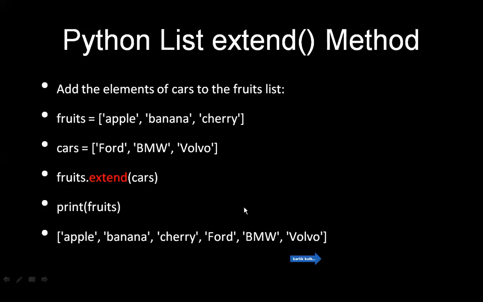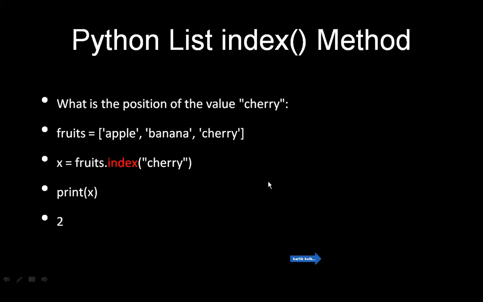Now next, we will be moving on to one more important concept, that is the index method. For what purpose is the index method used? What is the use of this index method? You should clearly understand that. The index method specifies what position the object or element is at. It specifies the position of that particular element in the given list.